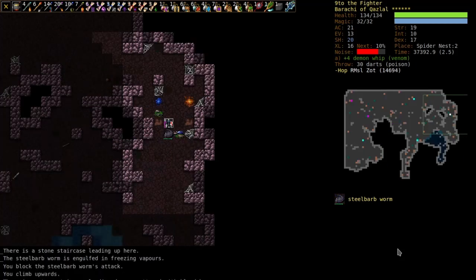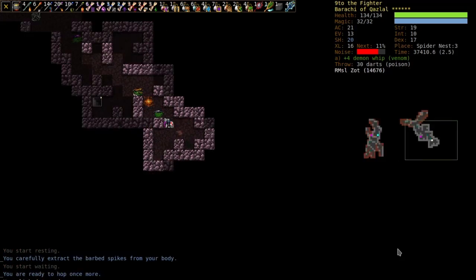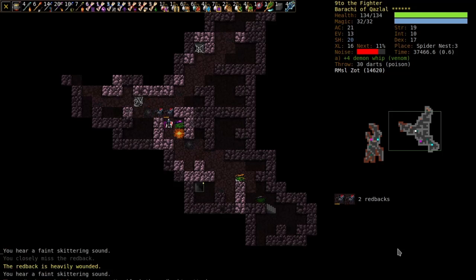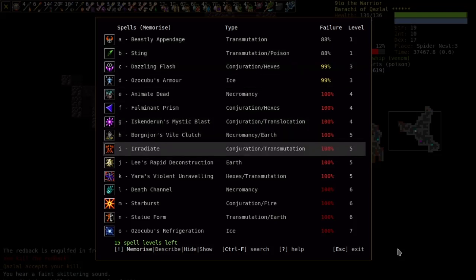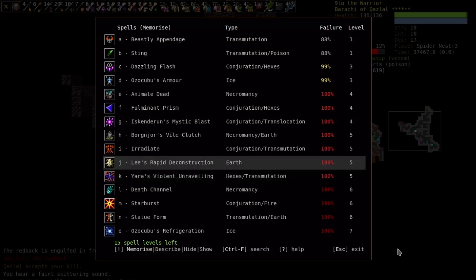Making sure to make good use of them. Spellcasting team. And it seems more like we should pick up transmutation. And Yara's are both level. They're useful, but